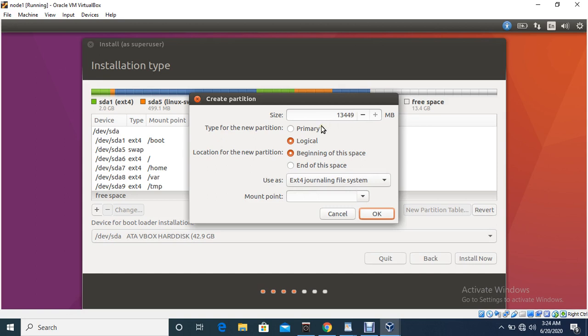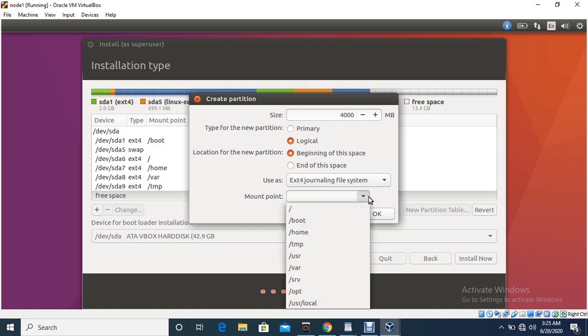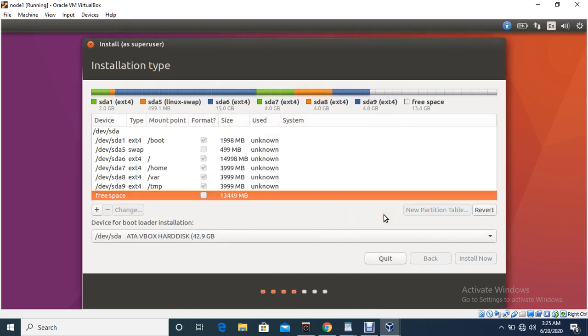Now let me create /usr, 4 GB, ext4, and then again give /usr. So /usr will store all the OS related information, the OS binary files, /usr/bin.